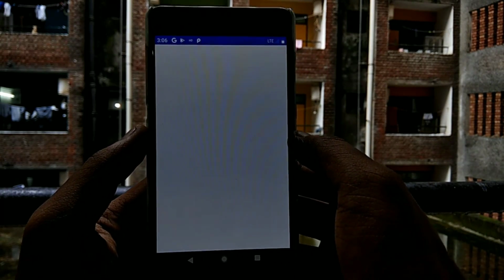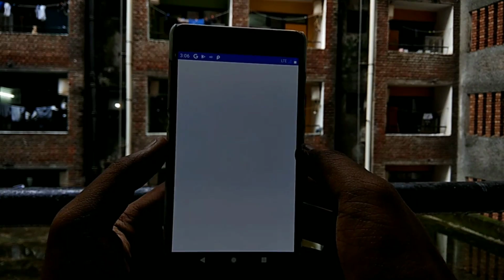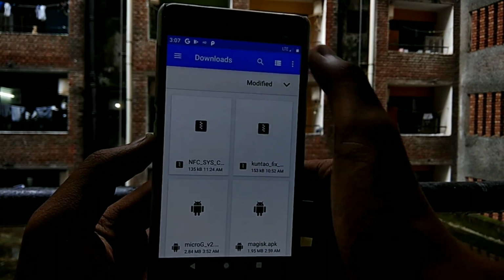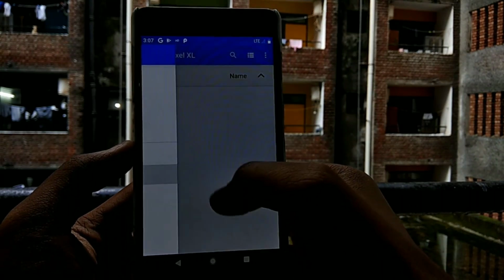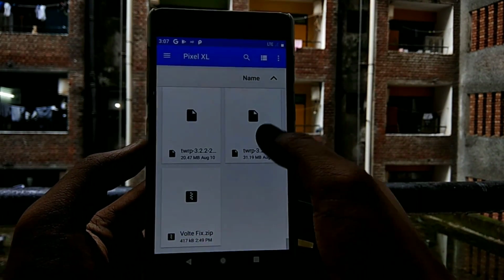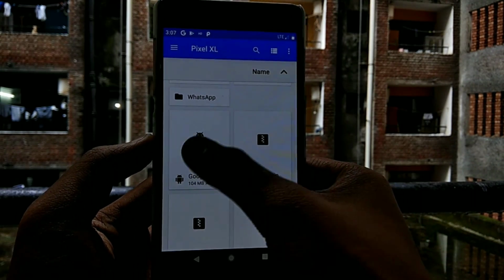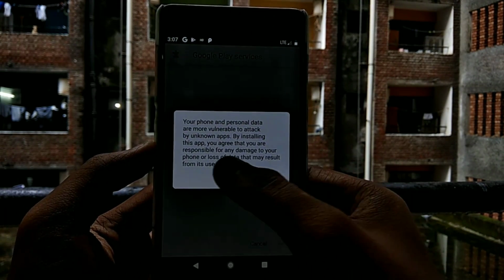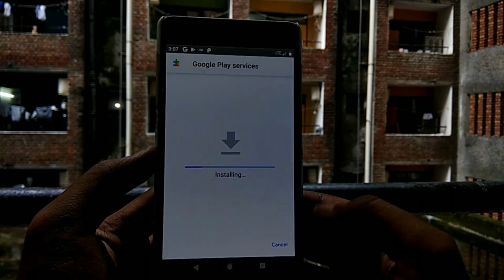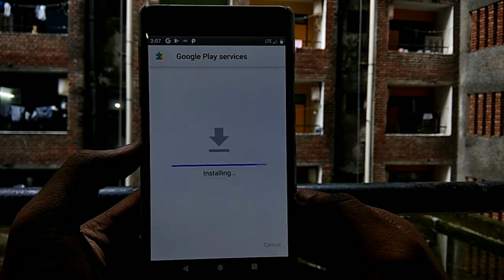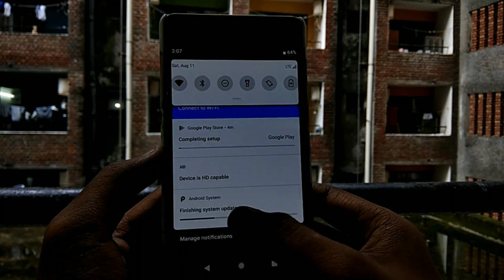For adding any Google account, you need to install the latest Google Play Services app. I will provide the link in the video description. Open File Manager and select the file that you have downloaded, Google Play Services, and install. While opening File Manager, the File Manager may not respond.